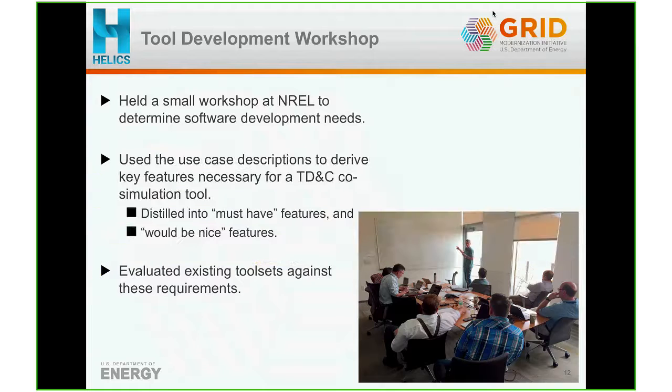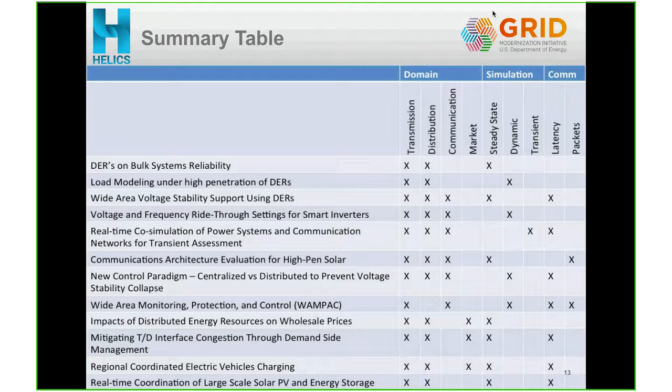So we actually had a workshop here at NREL where the development team, pretty much everybody you've heard from here, as well as a couple others, came and we outlined what we really have to have and what we'd like to do, understanding the core infrastructure of what would become Helix. Part of that was summarizing that unwieldy table I showed you briefly in a summary, where each of these use cases, admittedly in a slightly different order, is captured,